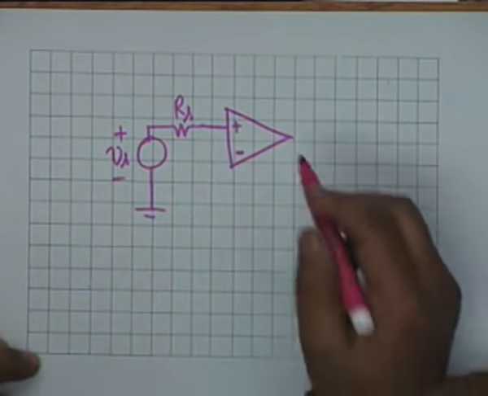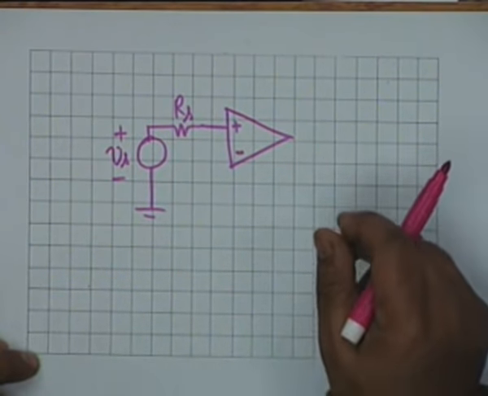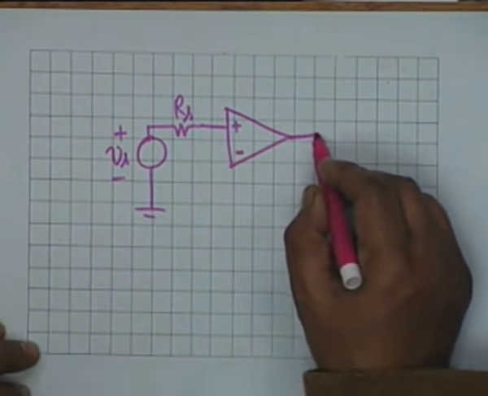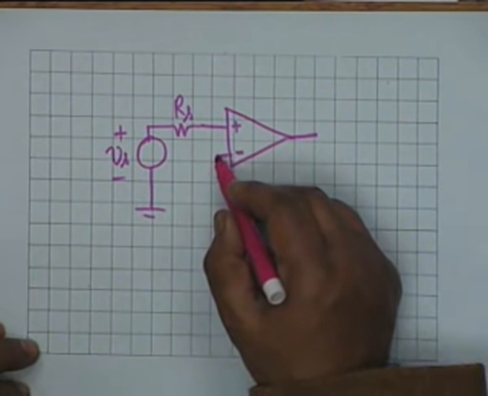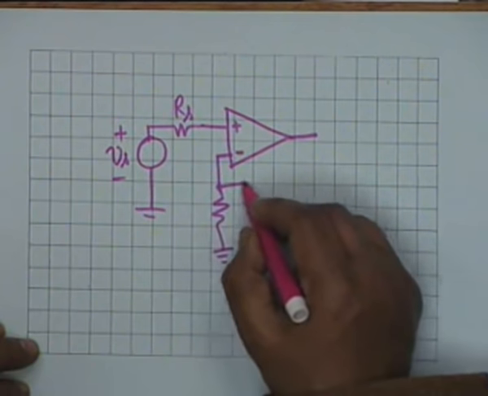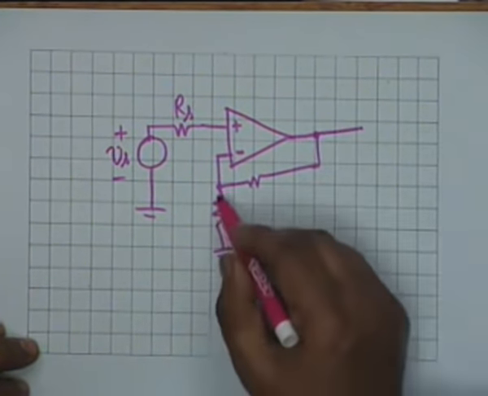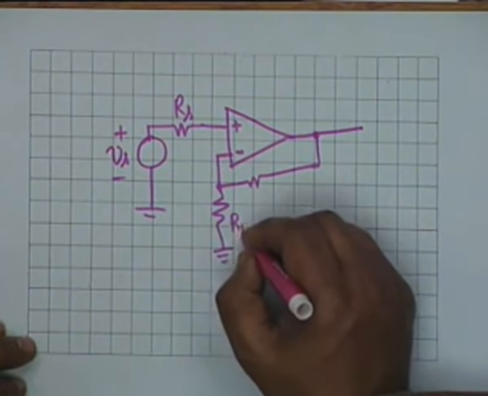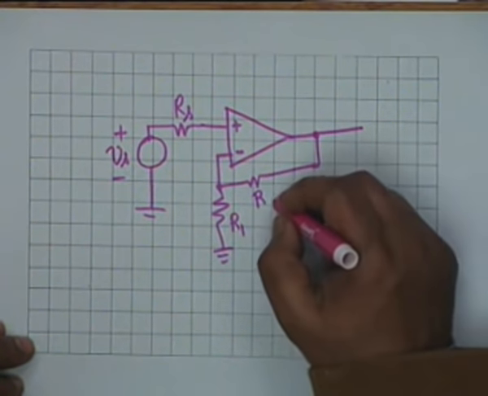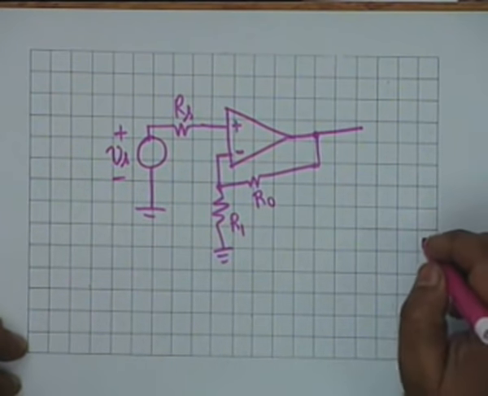All right. As I said, an op-amp cannot be left without negative feedback, because then it will oscillate, and therefore to be able to operate this, to the inverting terminal you must connect, depending on what you want, a resistance from input to output, and then suppose there is another resistance here, and let us call this R1 and let us call this as R0. All right. Now